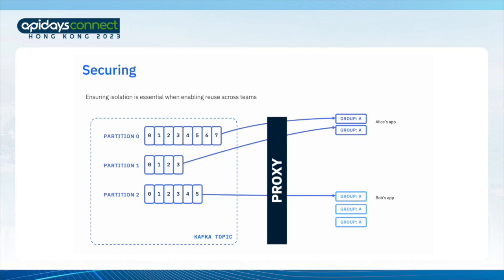And poor Bob gets it even worse. One of his app instances is getting around about 1/3 of the events from this topic. The other two never receive anything at all. And again, he might also never realize that this is happening. But both of their applications are producing invalid, incomplete results as a result of this.